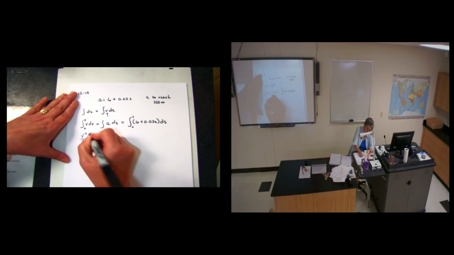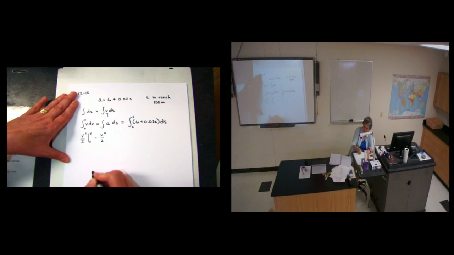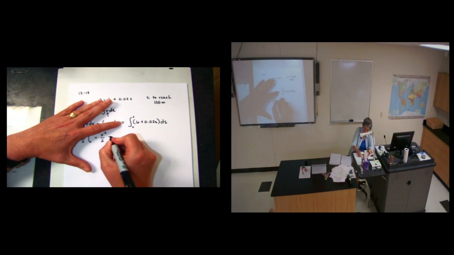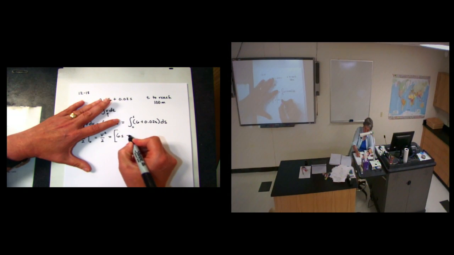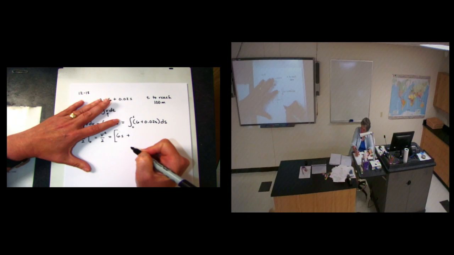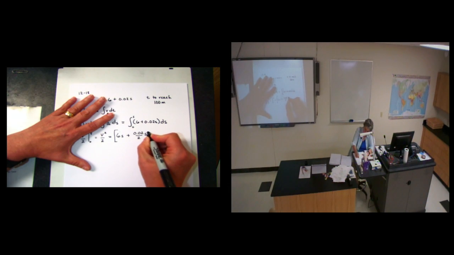Okay, in the back of your book, in the appendix, there are some integral tables. In your FE manual, there are integral tables. In your calc book, there are integral tables. They are going to become your friend, because this isn't pretty to integrate. This is not pretty to integrate.